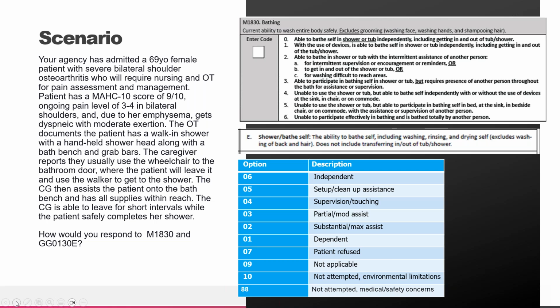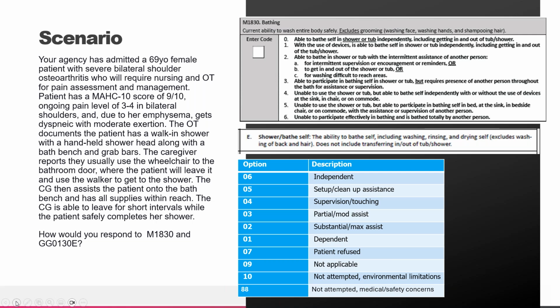Your agency has admitted a 69-year-old female with severe bilateral shoulder osteoarthritis who will require nursing and OT for pain assessment and management. Patient's got a MAHC-10 score of 9 out of 10, so she's a high fall risk. Ongoing pain level of 3 to 4 in her bilateral shoulders, and due to her emphysema, she gets dyspnea with moderate exertion. The OT documents the patient's got a walk-in shower with a handheld shower head along with a bath